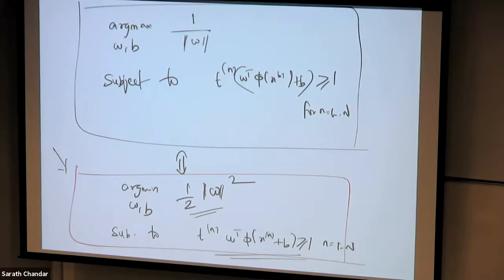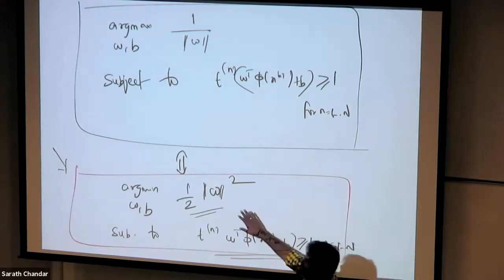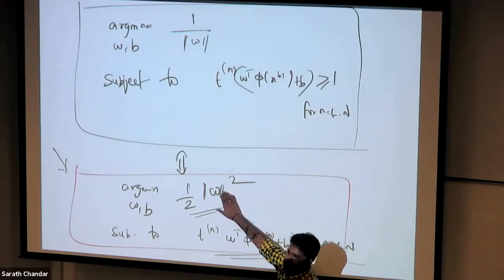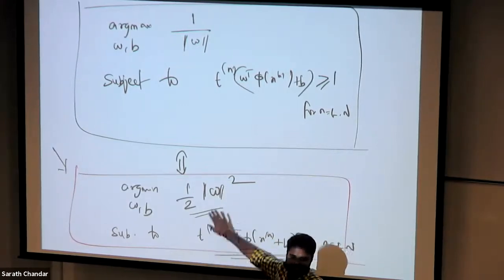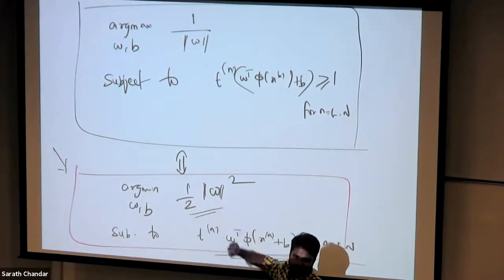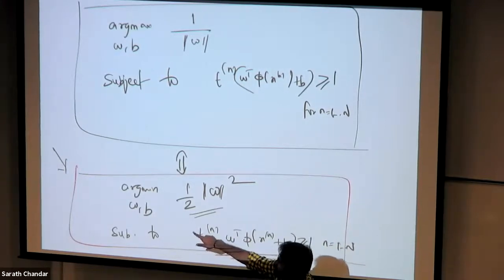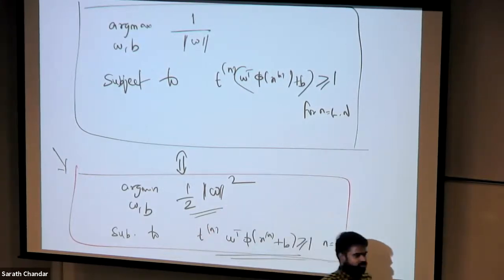So now there is one small catch though. It appears that by doing this reformulation by the canonical representation, the function that I'm trying to minimize is free of bias. So where is the bias term here? I'm doing argmin with respect to W and B, but there is no bias term here. So does that mean B is set to free?